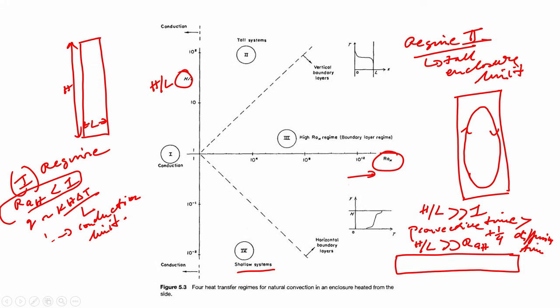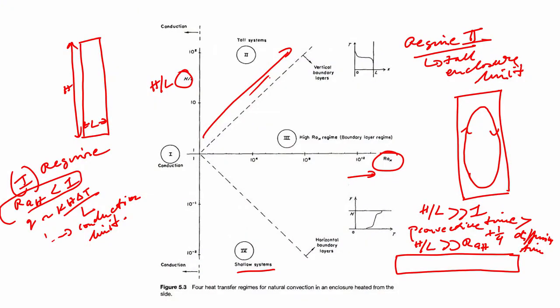Depending on where you are on this plot, you can see that if you are on this side of the tall enclosure limit, you will have distinct vertical layers. If you are on the other side, the layers will have merged, when your convective time is actually more than your diffusive time. So, as you can readily see, for vertical layers the scale is that your Rayleigh